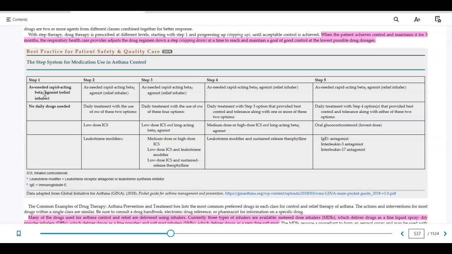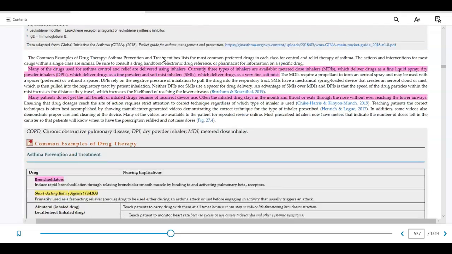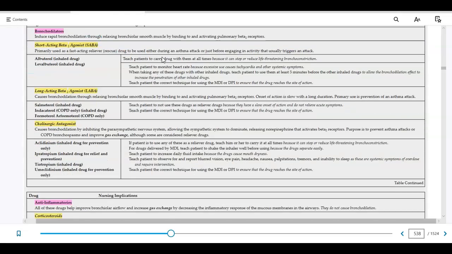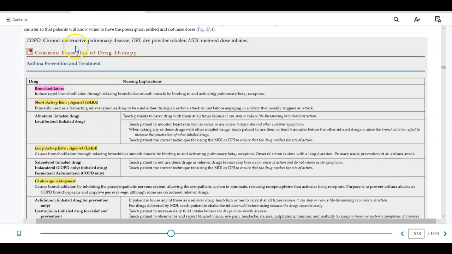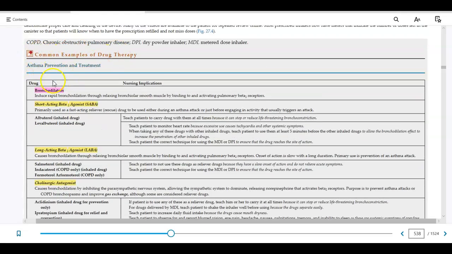So this shows you how important that follow-up care with that medical provider is, because they may need to go up steps or back steps and switch around their inhalers. And so anytime they have med changes, again, it's very important that the nurse helps them understand what they should be taking. This was the table that I encourage you to look at when you're filling out your farm sheets,